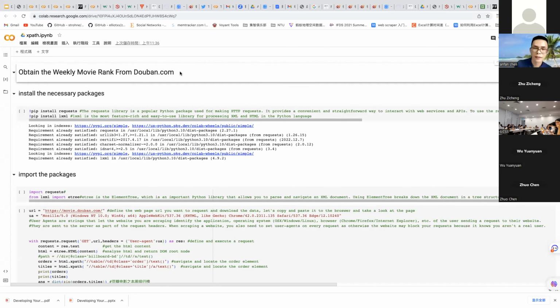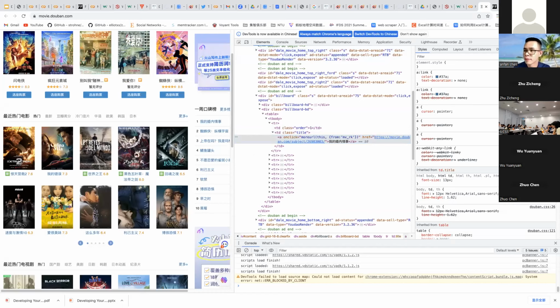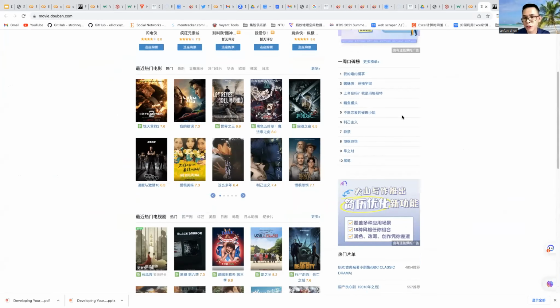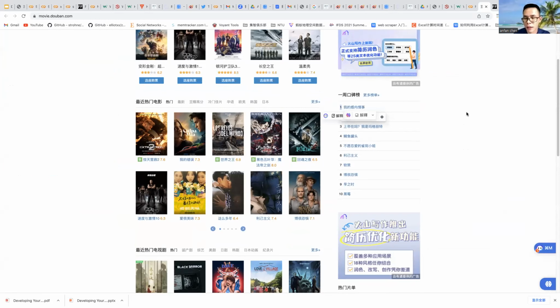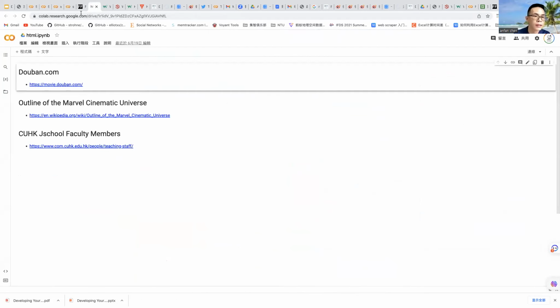Okay, for this one, the target of this scraper is just to obtain the weekly movie rank from Douban. For Douban, we may want to get the order and the movie name of the weekly rank.